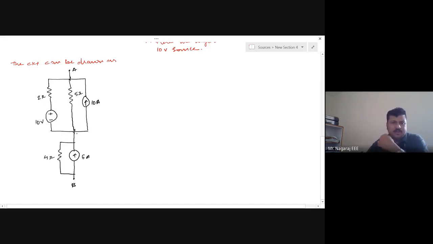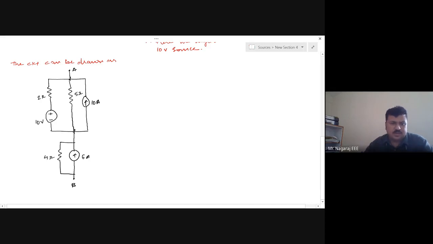Now observe, if I transform 10 ampere 5 ohm into a voltage source, then I get two voltage sources in parallel, which I cannot directly reduce unless I again convert them to current sources and then take the equivalent. So I have to convert that into a current source, convert 10 volt 2 ohms into a current source, take the parallel combination and then convert that into a voltage source, because ultimately I want a voltage source.